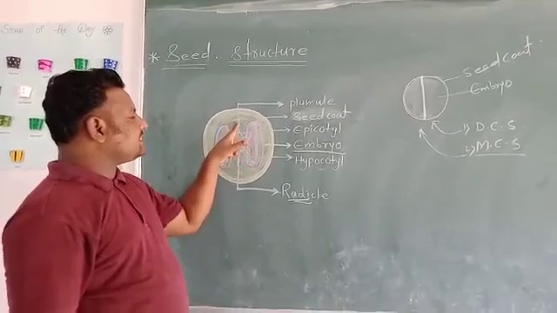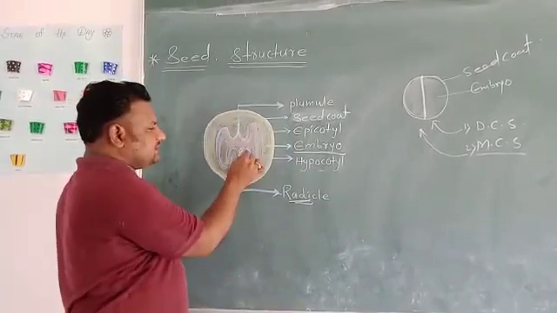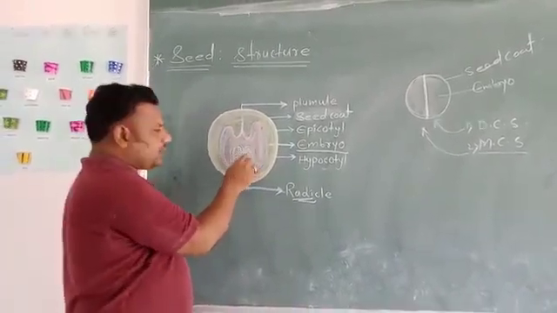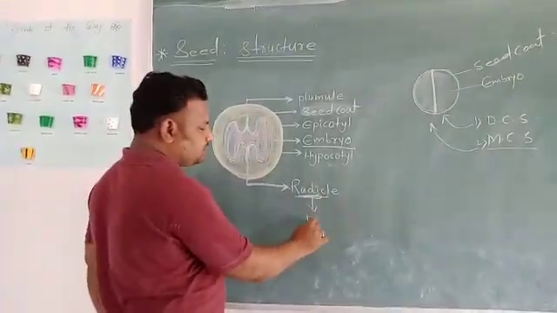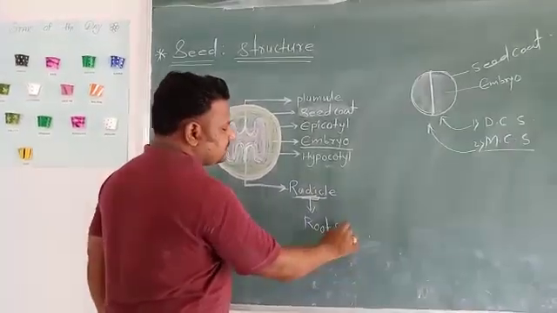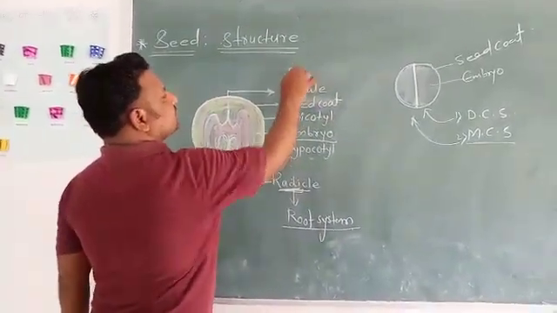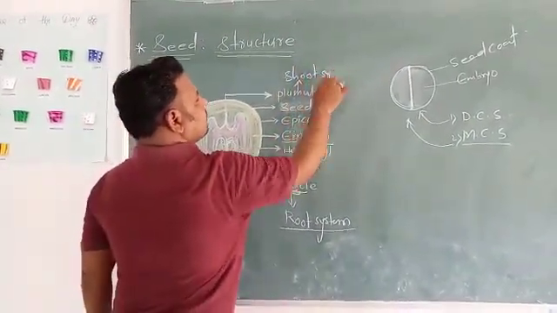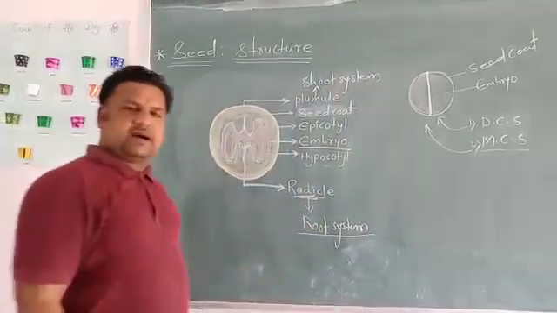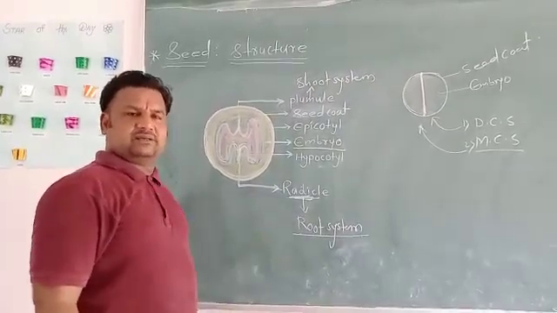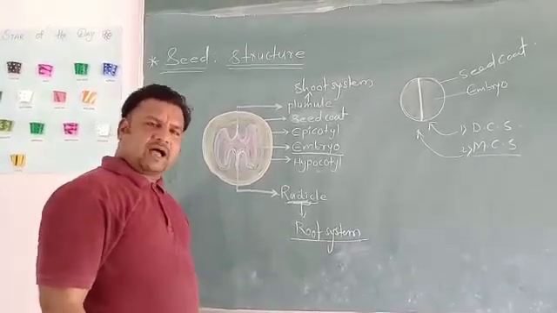This part is epicotyl, extending towards up, the plumule portion. The part present just on the tip of this is epicotyl, this cotyledon portion, and this is hypocotyl. Hypocotyl further extends down, grows further into radicle, and radicle further develops into the root system. And here the plumule further grows into the shoot system. Now, in the second part, we will discuss what germination is and the two major types of germination, that is epigeal germination and hypogeal germination.